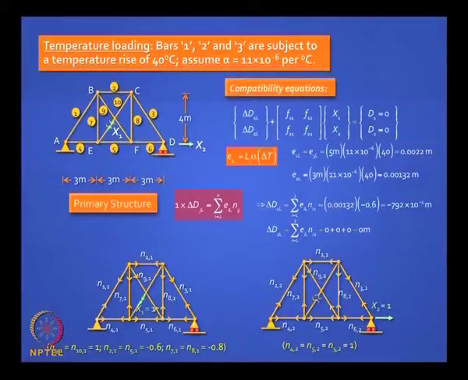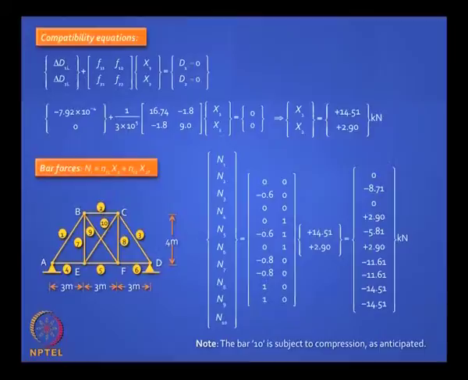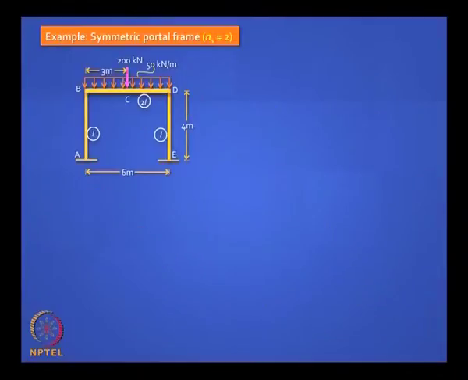Delta d2l, as he guessed correctly, will turn out to be 0 for the simple reason that when you pull here, only these 3 bars get a unit load, unit force, and these bars do not have any force. So you are multiplying a non-zero quantity, which is your bar elongation, with a 0 quantity, so you end up with 0. So you can guess this or calculate it. This is how you deal with non-redundant displacement. So we are trying to tackle conceptually different types of problems, and you can substitute these values, get your unknown forces, do your superposition. Here again bar 10 turns out to be compression.